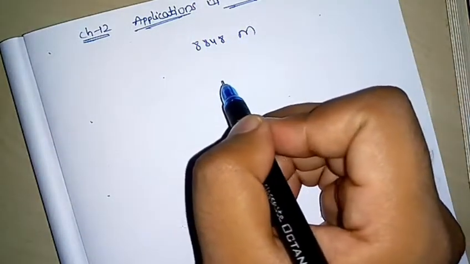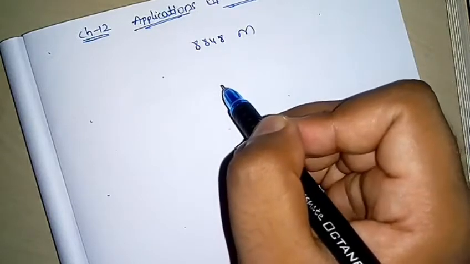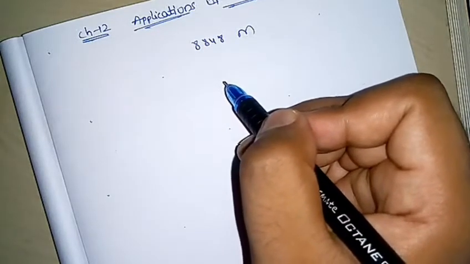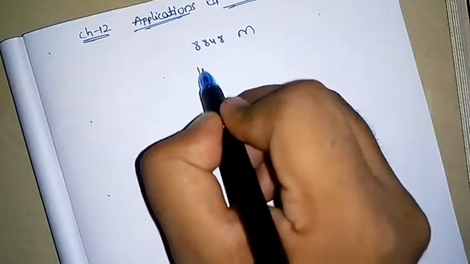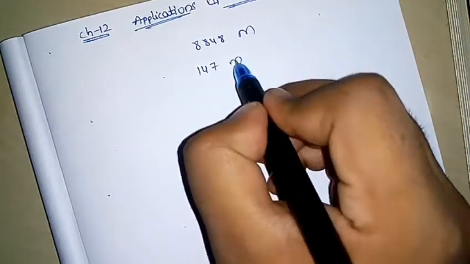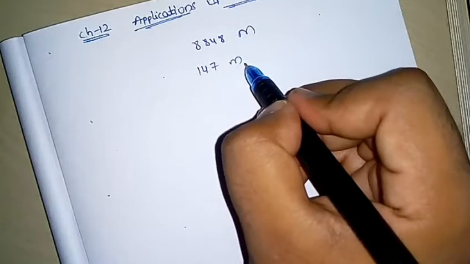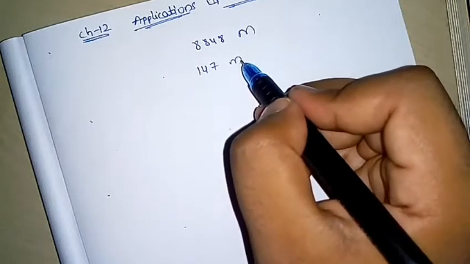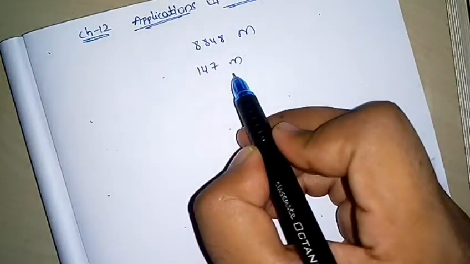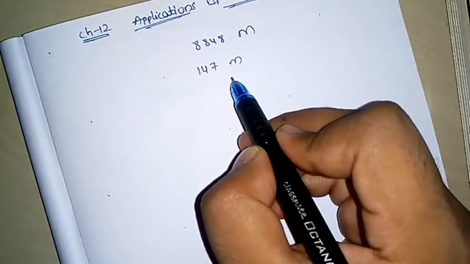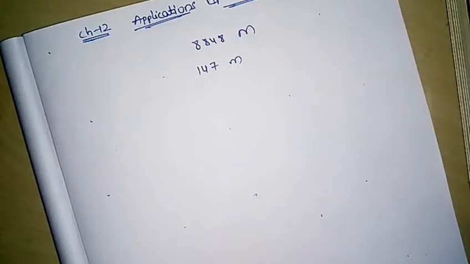Another example is Kuntala waterfall, which is the highest natural waterfall in Telangana. Its height is 147 feet. So how are these heights measured? You can't use a tape to measure these heights because these are so tall and so big. So to measure the heights of such things, trigonometry is used. How do you use trigonometry? Let's see an example.